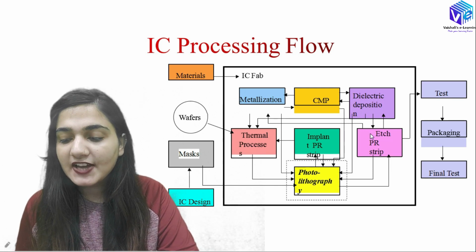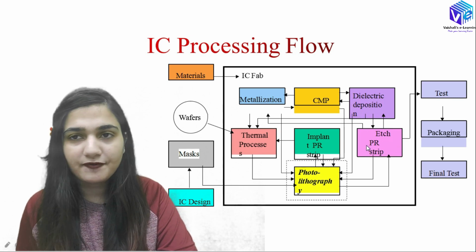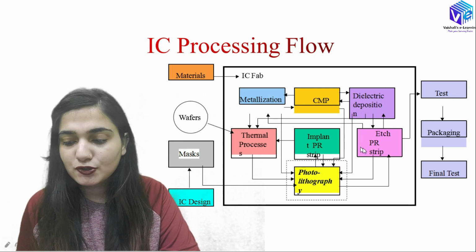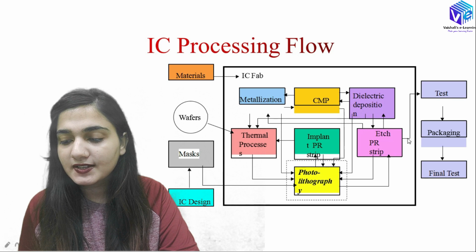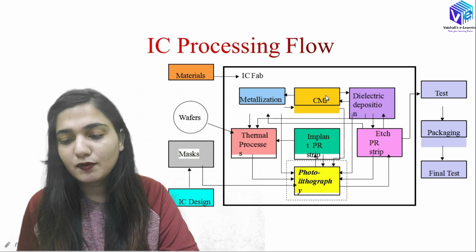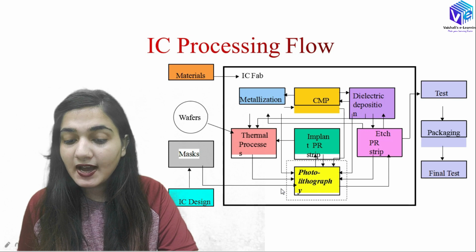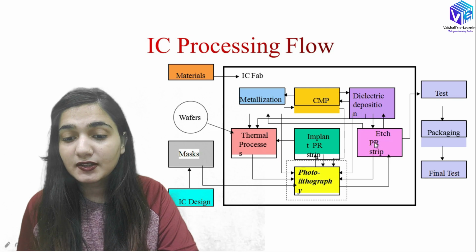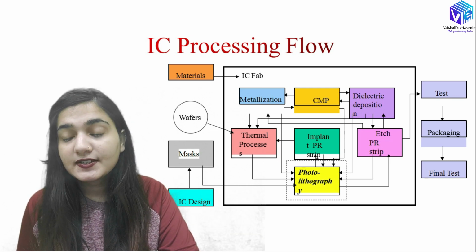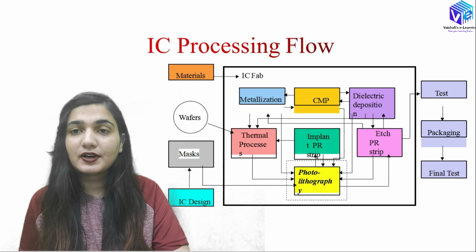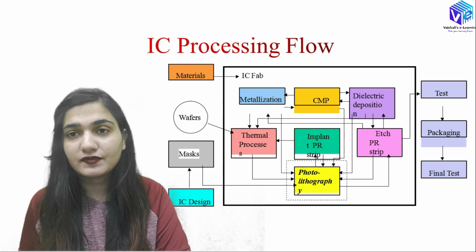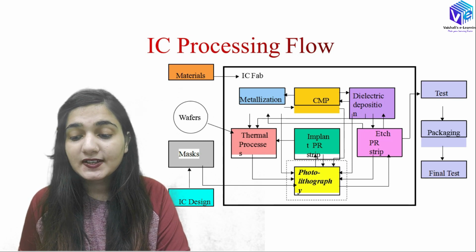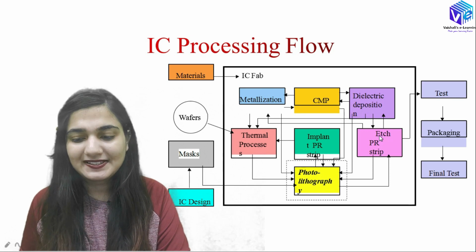Now we will be etching the photoresist from where we don't require it, or from where I want to make a narrow opening. So here we are etching the photoresist, and after that we will move towards the further processes. So you can see I have 1, 2, 3, 4, 5 blocks in the IC processing flow devoted entirely to the photolithography process, and this is the importance of this process. This process is really important to us, so we have to discuss all of these blocks.